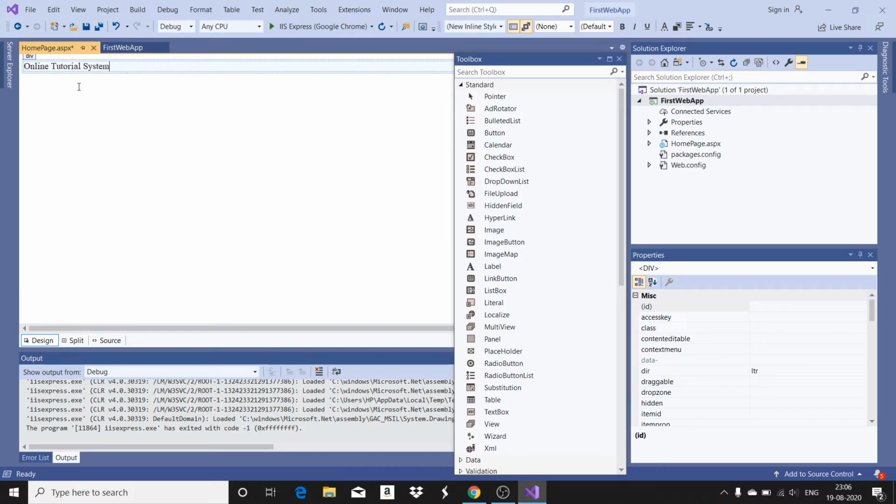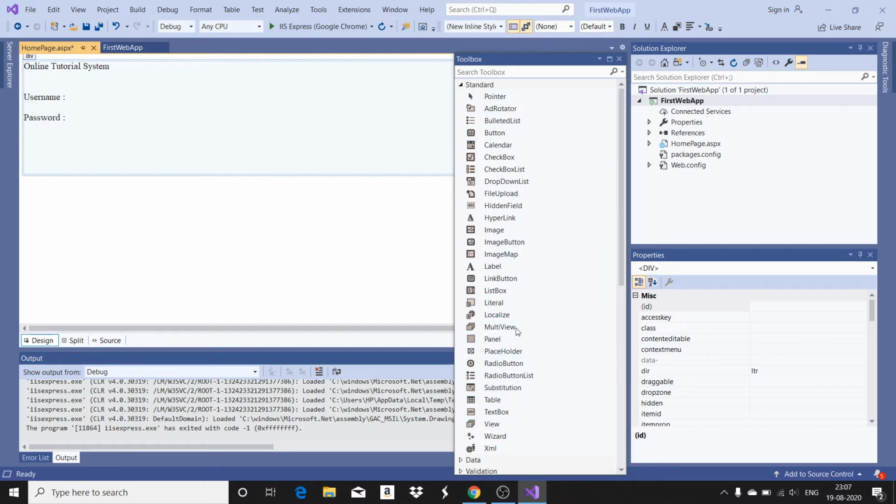I'm going to add username and password. Good. Now I'm going to add a text box for entering the username.